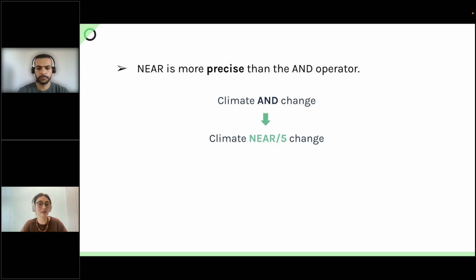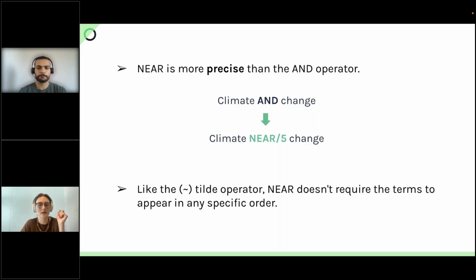The number here represents the maximum distance. So I'm going to collect only if climate shows up near change. Okay, and just like we saw before, the order is ignored here. So I could have change, climate, or climate change. It doesn't matter.